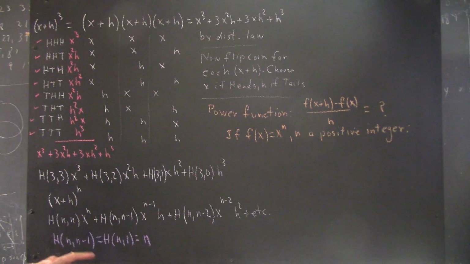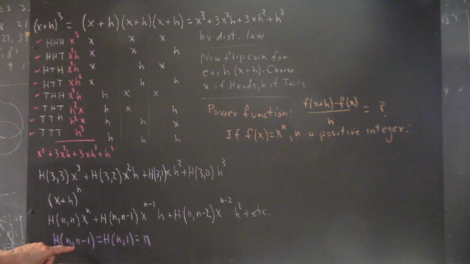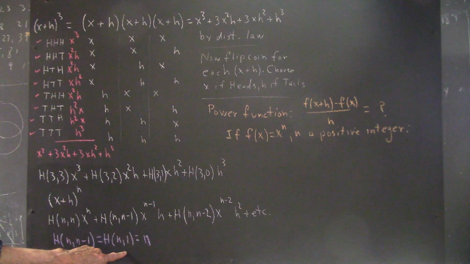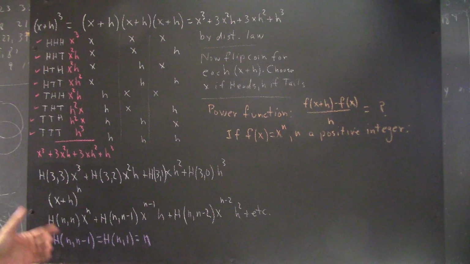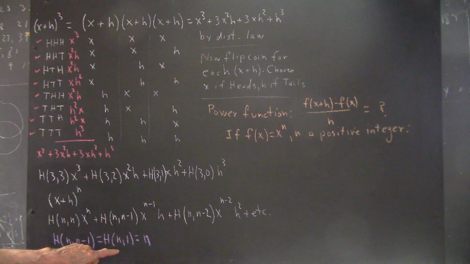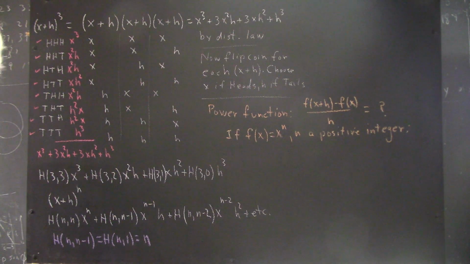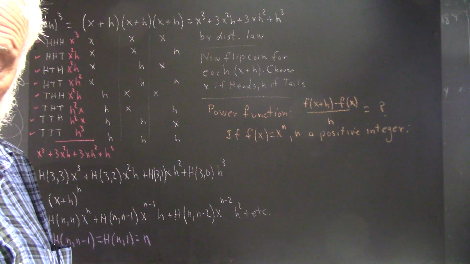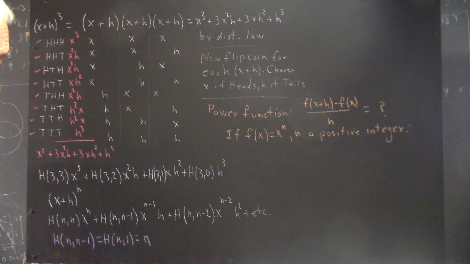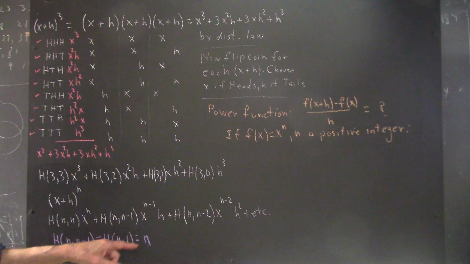And to get 1 tail, you're going to get n-1 heads, so H(n, n-1) could also be the number of ways to get just 1 head. In any case, this number and this number are equal. If you just flip the rows of heads and tails, you see that. And since this number is n, this number is n. Okay. Now, we want to look at an application of this, the fact that H(n, 1) equals n, which is H(n, n-1) also,